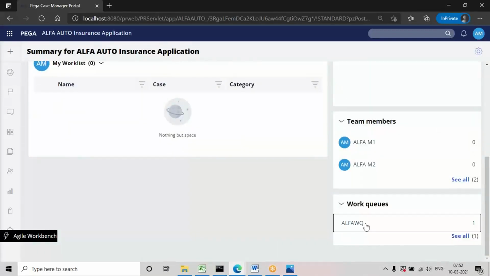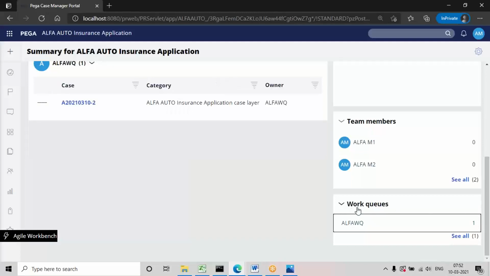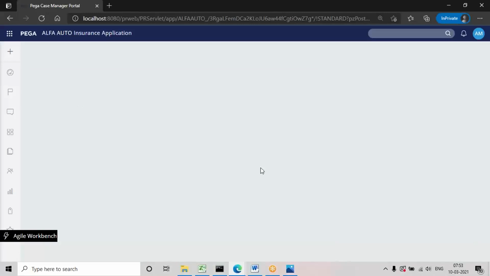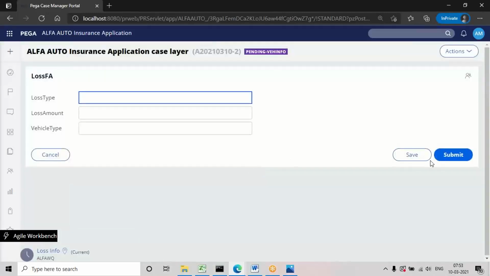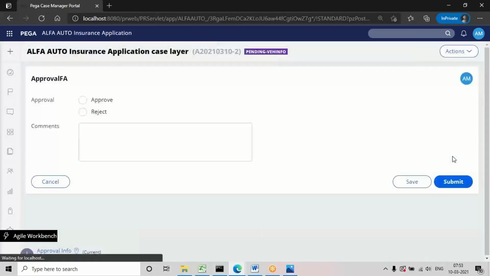If you look at the bottom here, you can see work queues will be there, and you can see the queue contains one item. Suppose I check it in the second ID also, they can see the same item. But who opens and processes that one? It will be the first who completes the task; that particular person can process it. Suppose I open from this ID and finish or submit the task, then the task will be completed by this operator.